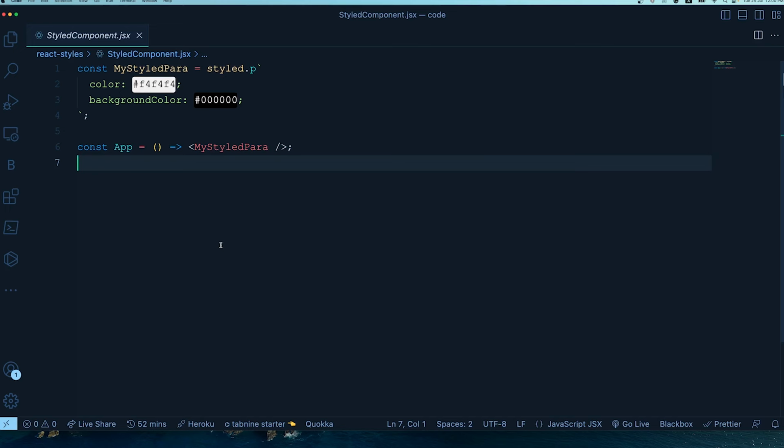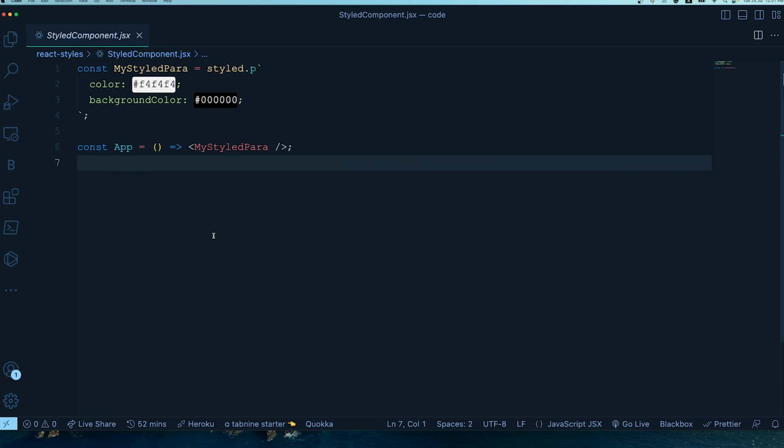Now, one of the drawbacks of this approach is that you have to rely on a third party, because this is not native, this is not organic. For example, styled-components is one well-known CSS in JS library which you can install. What they do is allow you to define CSS in such a way that after defining the CSS, you get the React component directly.